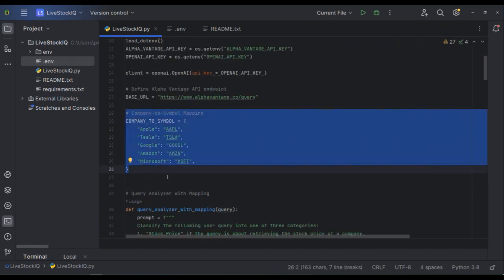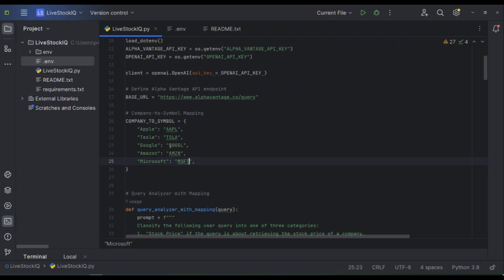Now, this part of the code defines a dictionary named company to symbol mapping, which serves as a mapping between company names and their respective stock symbols. Now, what happens is that when the user types the query, the user doesn't remember the company symbols which are listed in the stock market. The API server understands these symbols. Okay, the API server doesn't give you the results based on the actual company name because it understands the stock symbols,